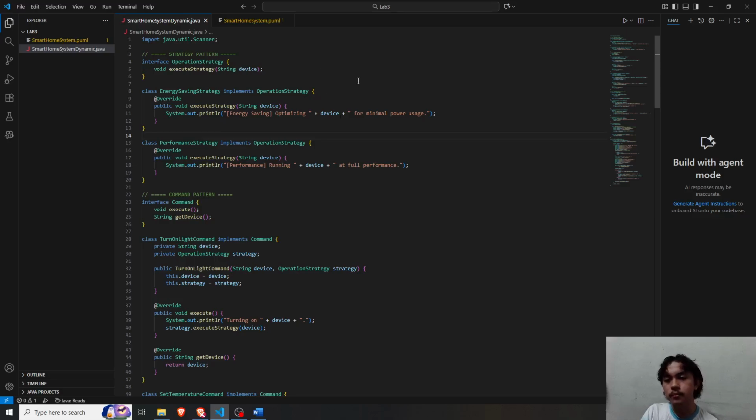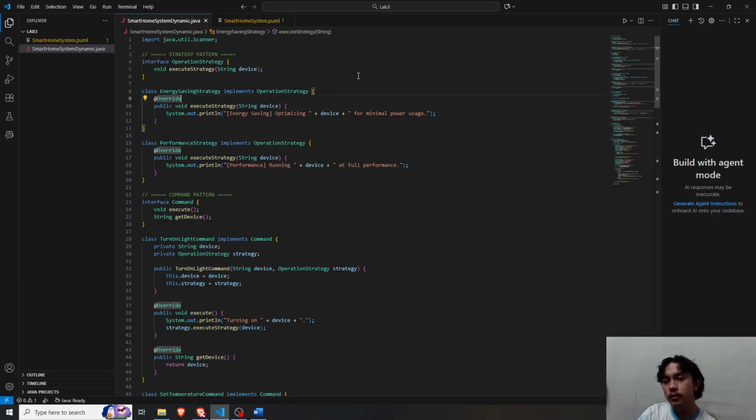For the strategy pattern here we have the operation strategy, in which the user will choose which execution he or she wants. I have provided two: the energy saving strategy and the performance strategy.